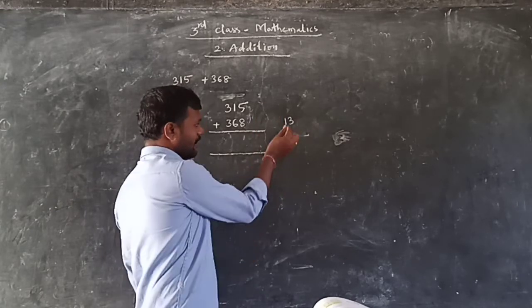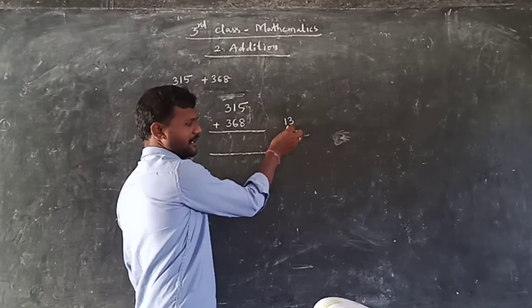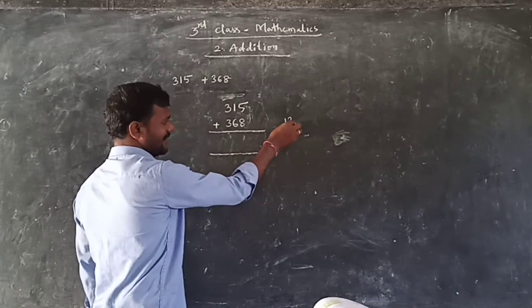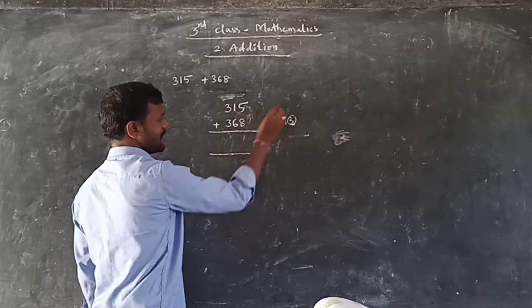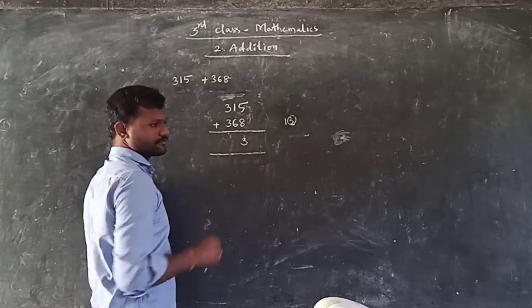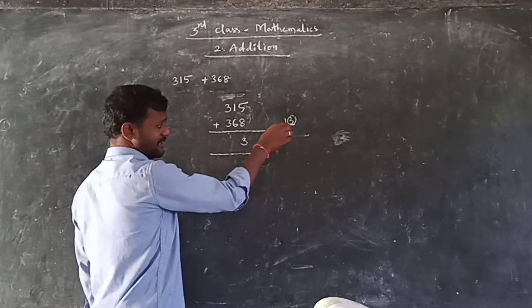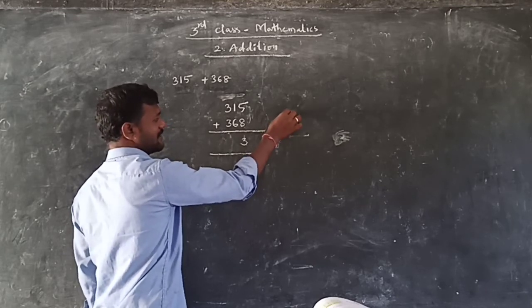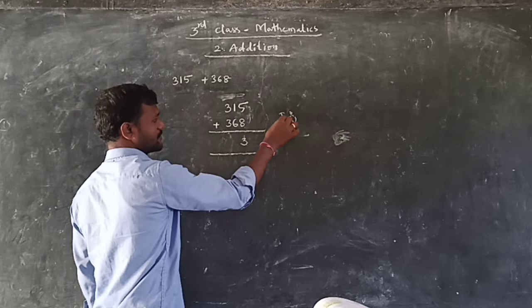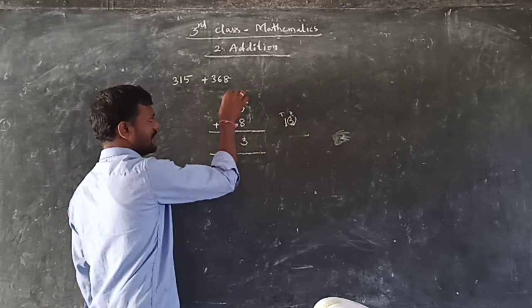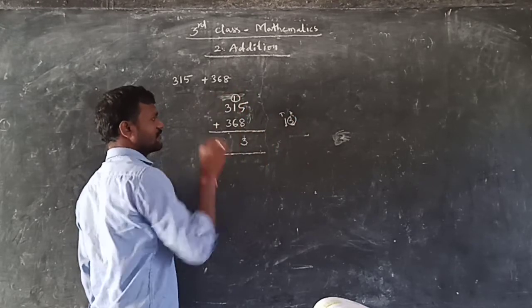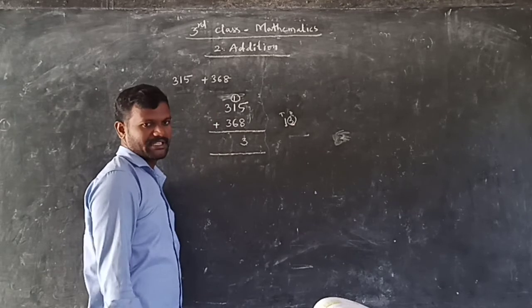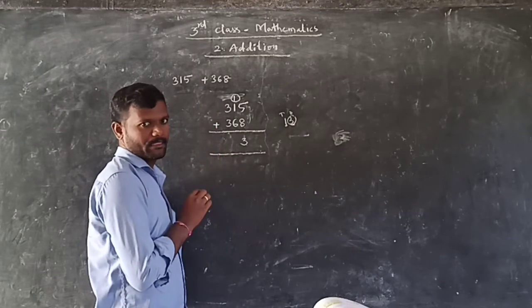So already I said, if you get a 2-digit number here, what you have to do? Write this one. Write the last number here. How much it is? 3. And now again 1 is there. What is that? 1 is in which place? It is ones place. It is in tens place. So write it in tens place. Means carry. Okay, write like this. This is called what? Carry.